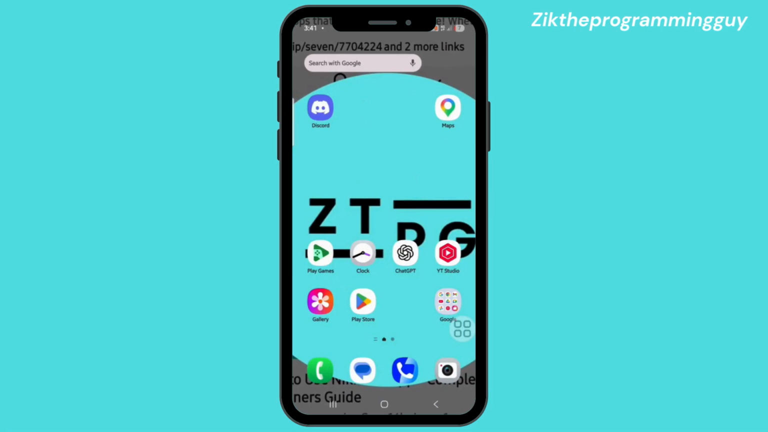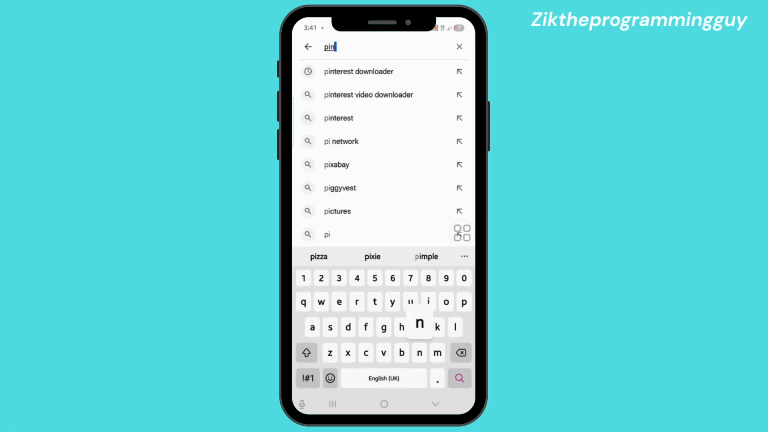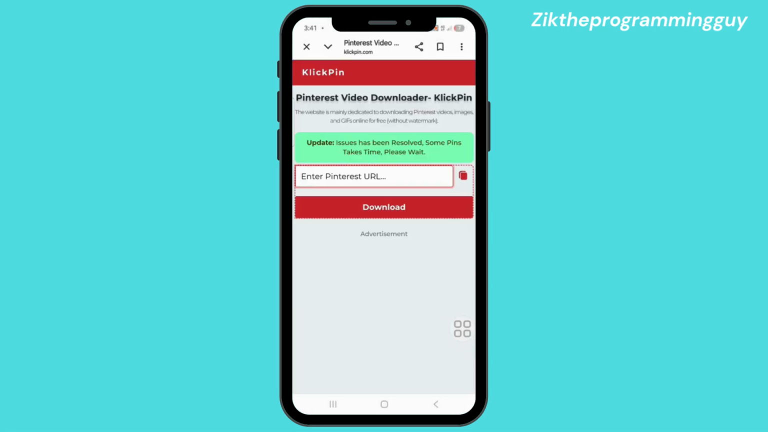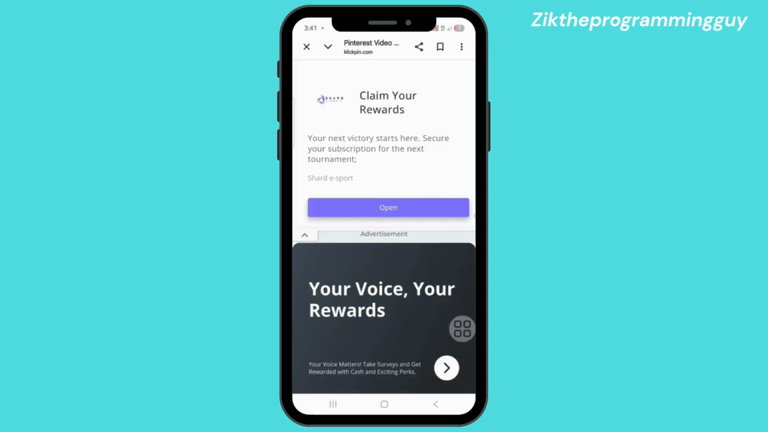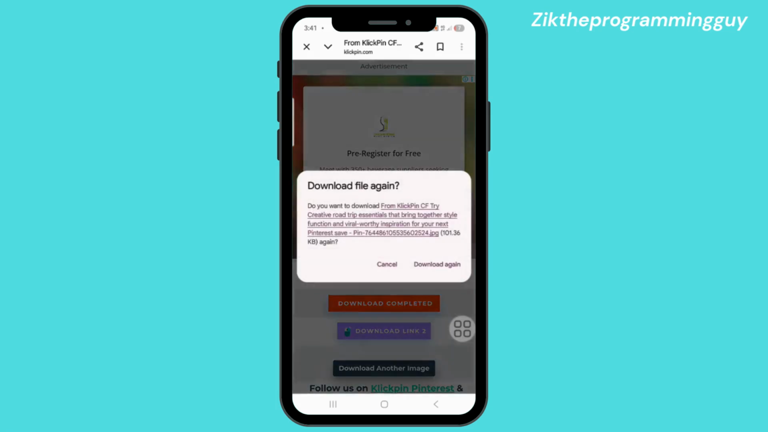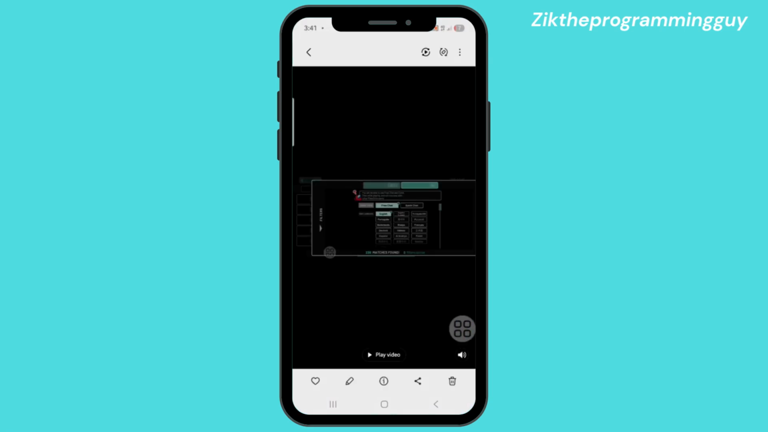So once you click on copy link, you go back and you open up a browser and you search for Pinterest downloader. So once you click on that, you click on the first website you see, and you paste the link you just copied. You click on download, and once you've done that, you click on download image, and it's going to download, and you go to your gallery,